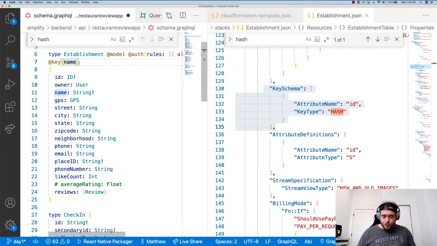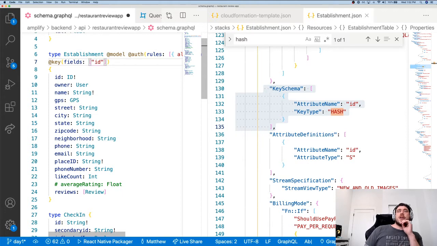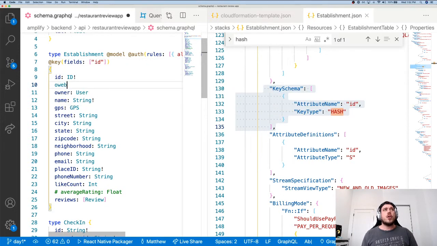But if we come in here and we remove and we don't use the name field, this will create our primary hash key and sort key. First of all, it's going to be ID. And I know we're going to need something else later. It's almost always valuable. Sometimes you can just have one, but I like to have a primary sort key on the index because I feel like I'm getting something out of it. So let's say we had an owner ID, which maybe boiled up to say like a restaurant group. So let's add a field called owner ID,